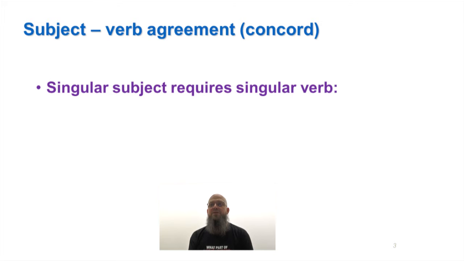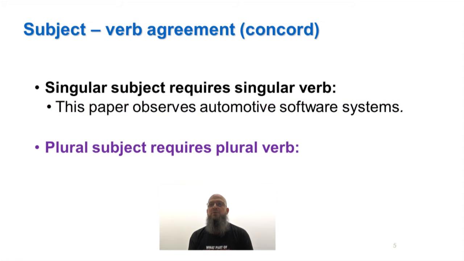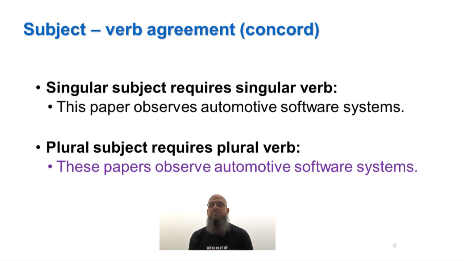Welcome to this segment on subject-verb agreement, also known as concord. A singular subject requires a singular verb, as in this case, whereas a plural subject requires a plural verb, as in this case. These examples are of course both simple and clear-cut, which is not always the case in writing,